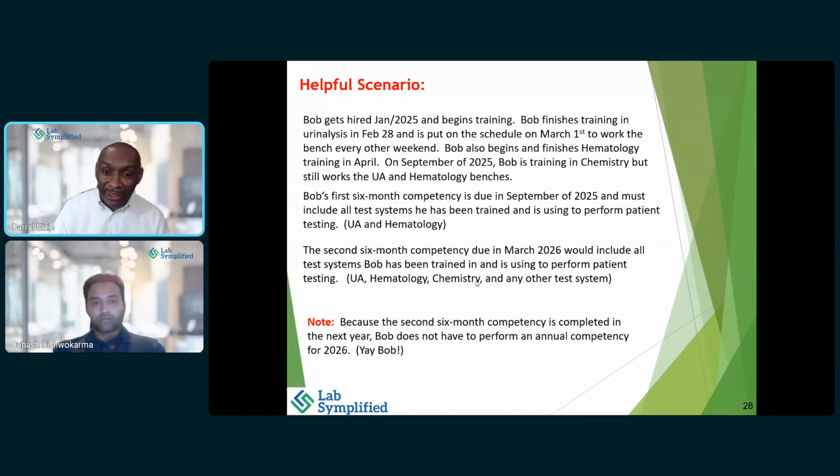That's the only benefit. So that six months here in March, he's done for the year. You don't have to worry about Bob. Bob gets thrown in that other pile of people called regular employees that just do the annual competency. And for the annual competency, you have to remember, you got all year to get that done. But those new hires, I repeat again emphatically, treat those new hires differently than you treat the ones annual,